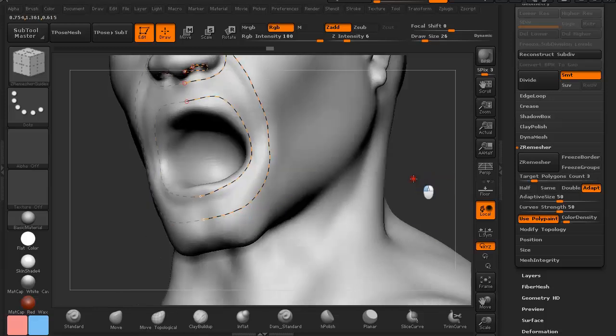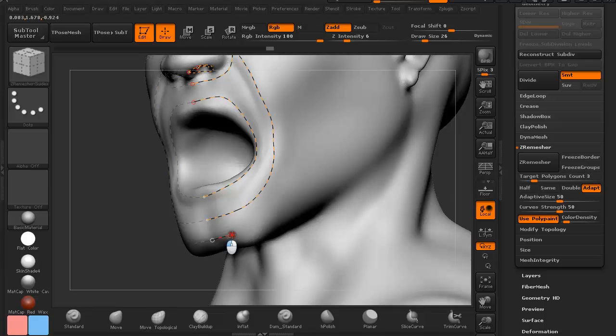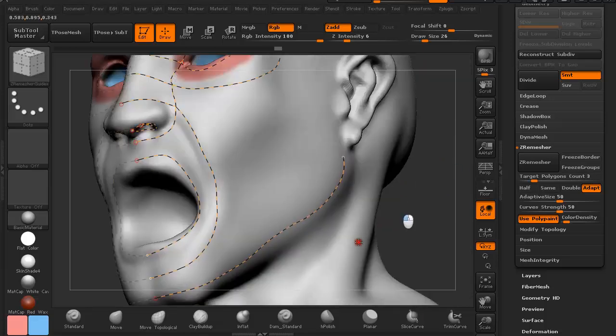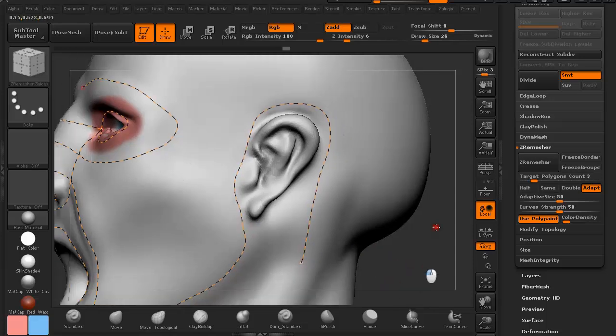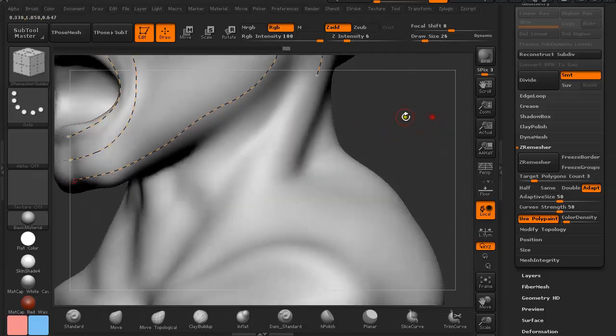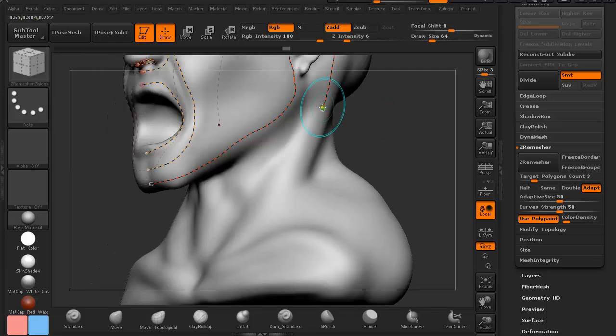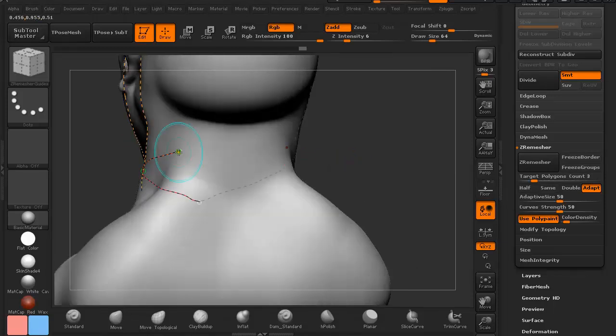So now we're going to go on the jaw, draw a line to the ear and then continue around the ear and down on this muscle that connects the neck with the head. Then we're going to create another one around the neck,